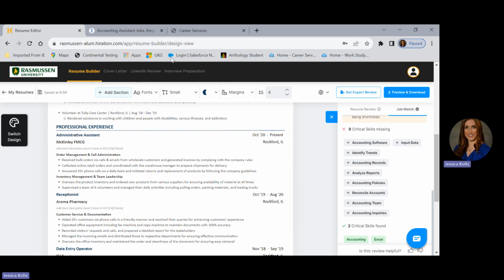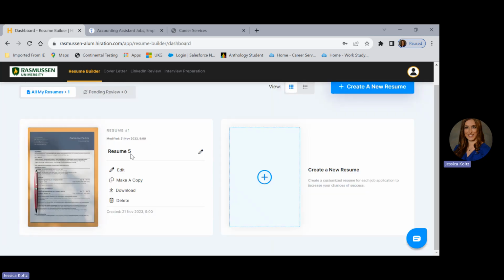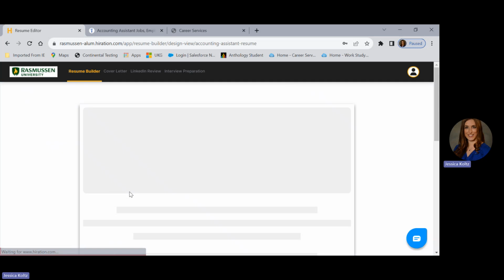What's really unique is that once you get your resume to a state with which you're satisfied, it matches what you're looking at, you're able to actually go right back to the dashboard. And then instead of just having it auto populate a various title for your resume, you can actually match it to the position you might be applying for or the positions that are applicable. So I'm just going to go ahead and list this as accounting assistant resume. That allows you then to easily download,